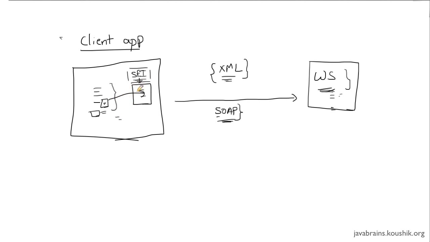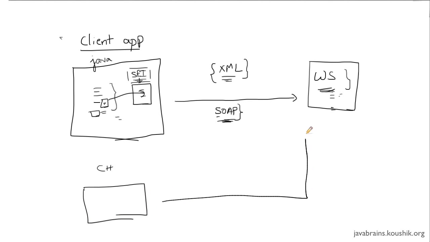And the good thing about the service endpoint interface is that you can actually have an interface that's specific to what you're developing. Say this is a Java application. You can have a service endpoint interface that is specific to a Java application. So it knows to convert Java objects to a SOAP message. Now let's say you're writing a C++ application, calling the same web service. It's calling the exact same web service. So you will have a service endpoint interface here for C++